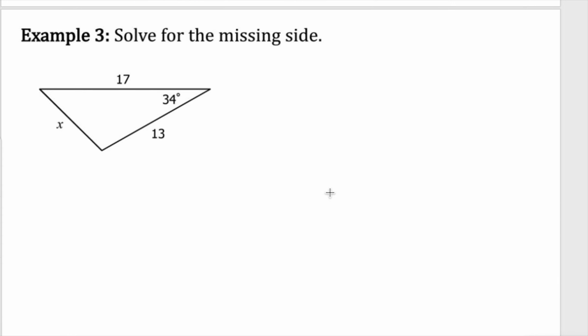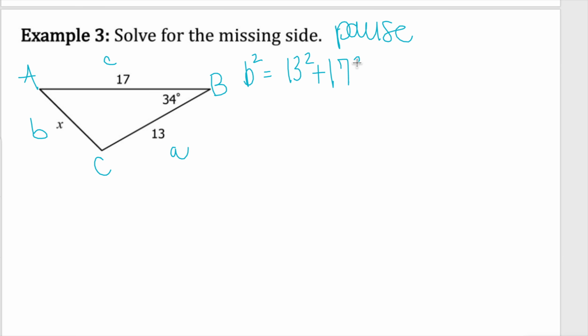Again, example 3, go ahead and pause it here, try it on your own, and when you're ready to check, click play. So I started with A, B, C. Even if you were off with your lettering, that's okay, because you'll eventually solve it the same way I am. This time my b is missing, so I'm going to say b squared is equal to a squared, which is 13 squared, plus c squared, which is 17 squared, minus 2 times 13 times 17 times the cosine of your B,